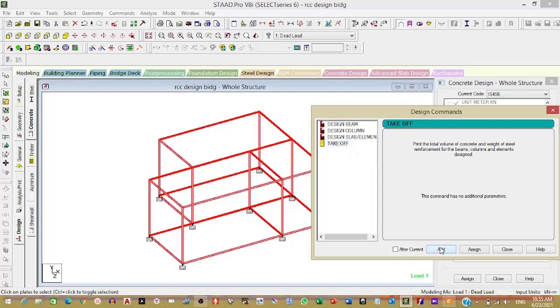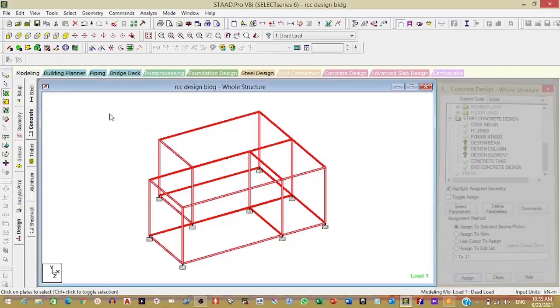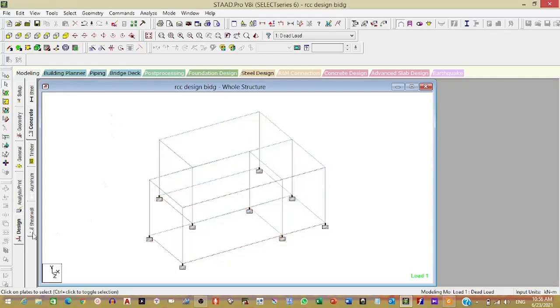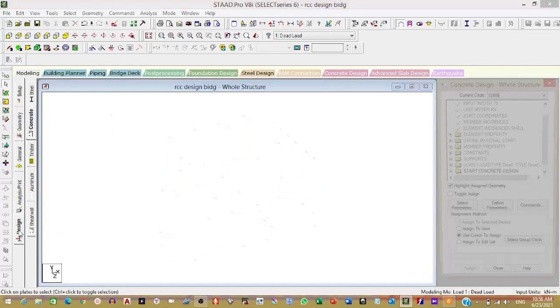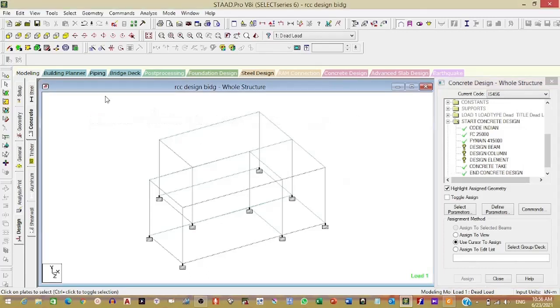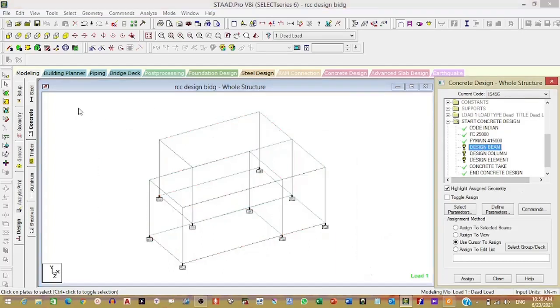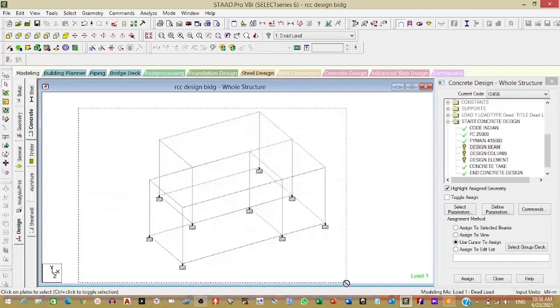So again, no problem if you close this. Anytime you can get back to this. So select here. So this will be the beam. So design beam. Assign to view. Yes. Select the view.